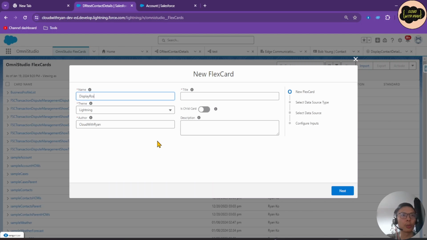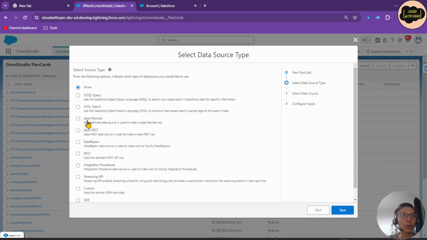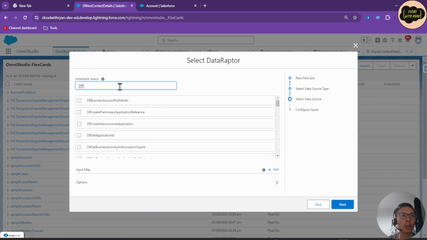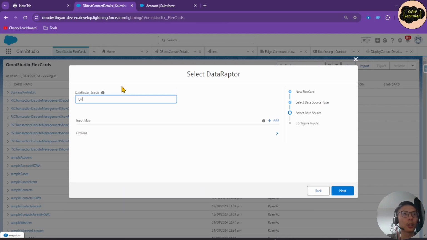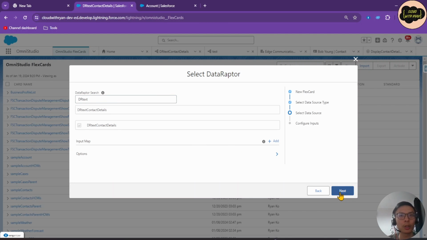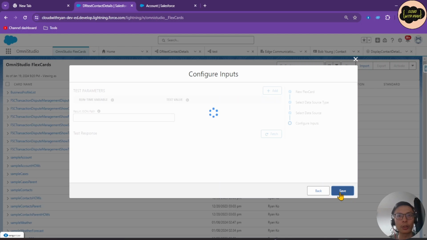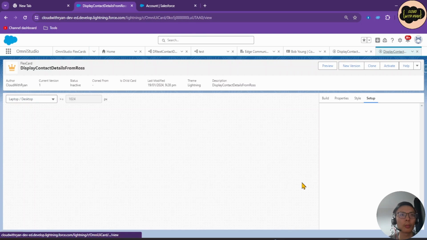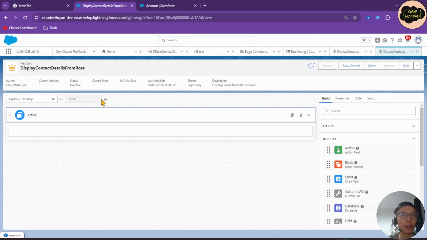So display rows, display contact details from rows. Always good to put some description in there. Click next. What we want to do is select DataRaptor as the source type. And this is where good naming standard is important. Turbo extract, contact details, select this, click on next, next. You can see a flexcard has been